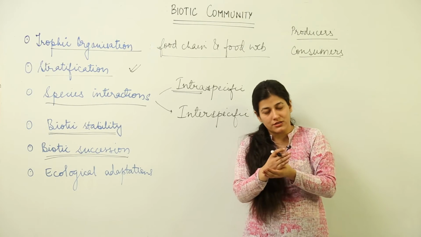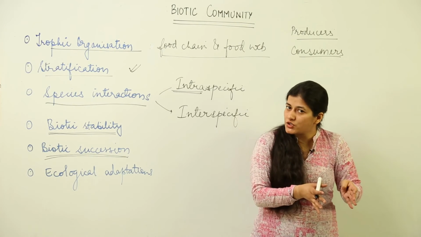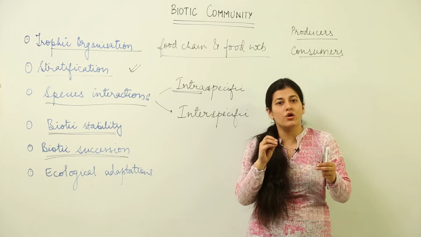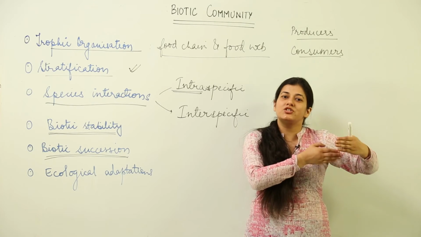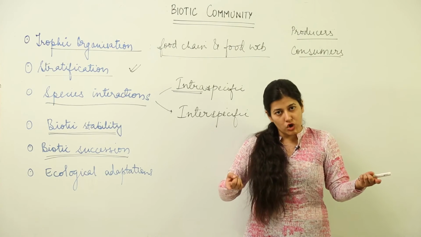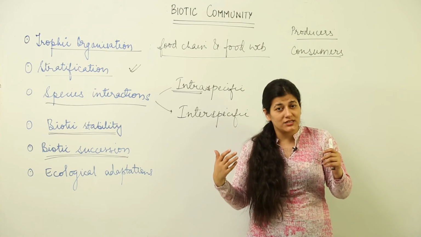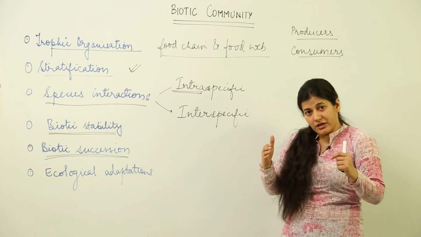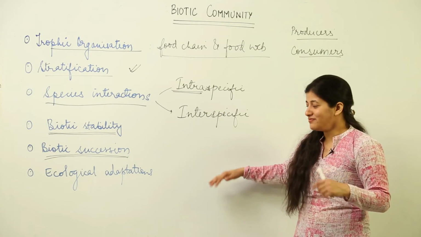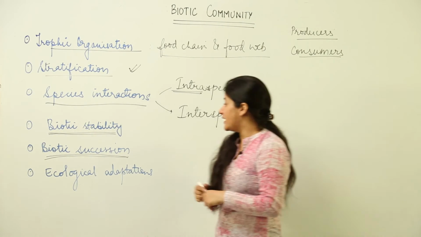See, every ecosystem has given environmental conditions that are abiotic. Apart from that, there are biotic conditions as well. The biotic components of the ecosystem always try to be in the best suited manner, or rather, at equilibrium with the environment, so that they can survive there. So, the biotic communities evolve and evolve and try to establish themselves in such a way that an equilibrium is attained, and that equilibrium follows successive steps which are studied under biotic succession. Again, I would say that this must have gone overhead. Never mind, when we study it, I will try my best so that you understand it well.